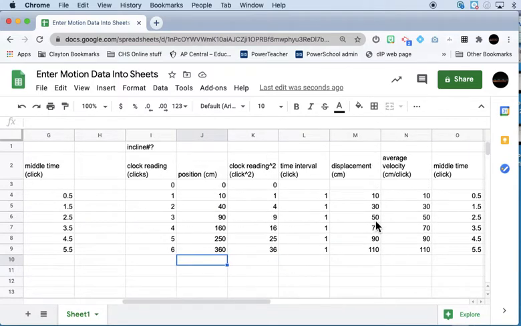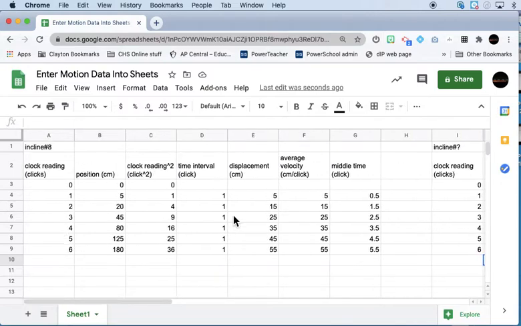So we've got all our data in. You can see that when I copied and pasted the sheet, all of the formulas copied along as well. And now we want a graph. That's going to be kind of the